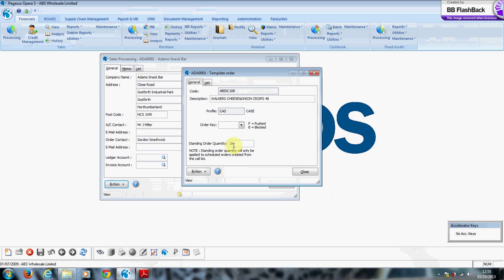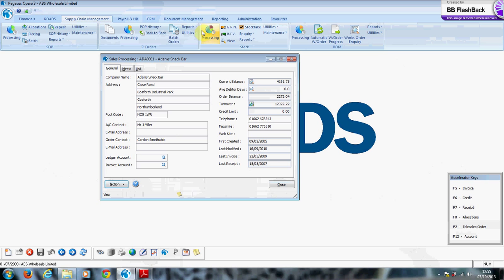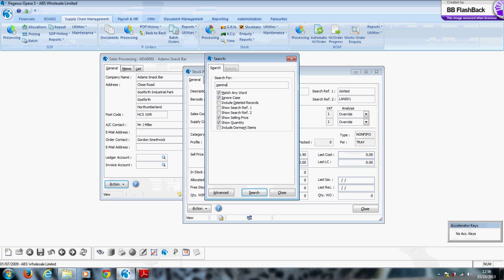And in here we have the standing order quantity. Templates can either be set up within the road system, they can be copied from the price list or from other templates, or they can be imported from Excel spreadsheets. If we were to then look at the stock control system, we will see that if I go to my gammon steaks,